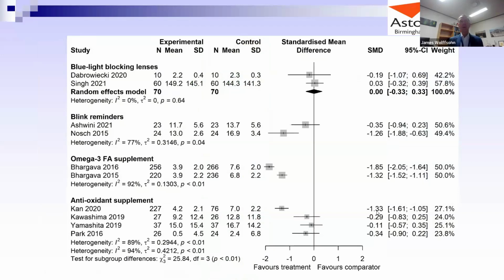So in terms of the studies and our ability to put them together, most of them don't report data in a similar way where they can be put together. However, there were 4 areas where we could do that. So there was a couple of studies on blue light blocking that were similar enough that we could put them together. And you can see here the standardized mean difference, that star beneath really shows no effect.